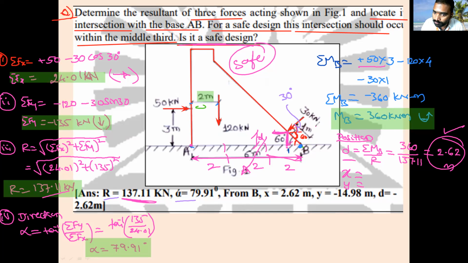So first here 1 meter is given. This 60 is given. You have to calculate this point. Then total 6 minus this. Then you have to apply sin. You have to calculate this distance. So that will become tedious. We can solve like that also, but it will become lengthy. You have to calculate this distance, then only you will get the horizontal distance and vertical distance. So instead of that, it is better to calculate with respect to point B, because from B the perpendicular distance to the 30 kilonewton force is already given in the problem. That's why we save all this calculation. Okay sir, understood.